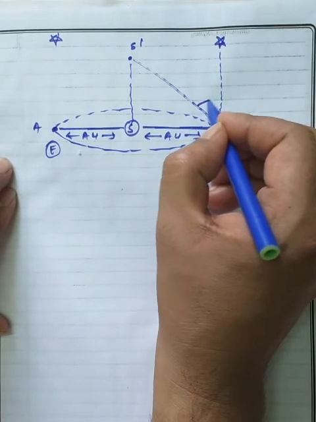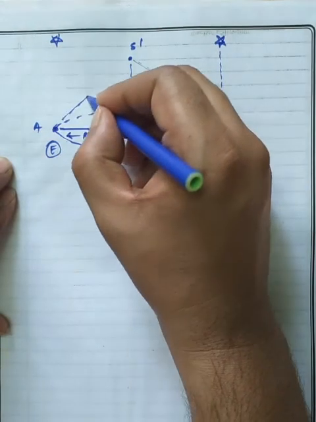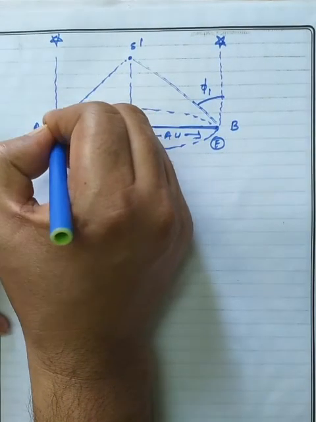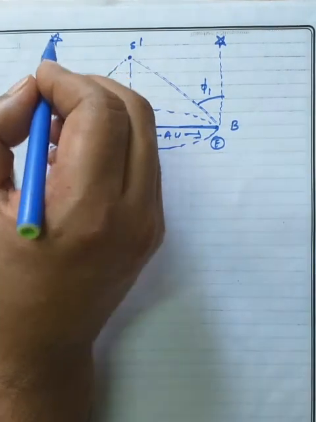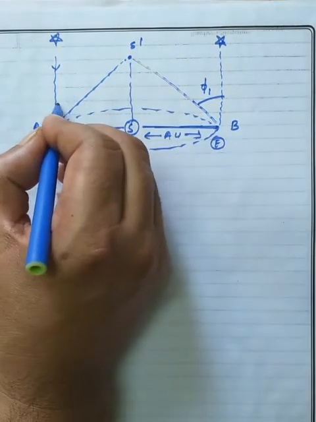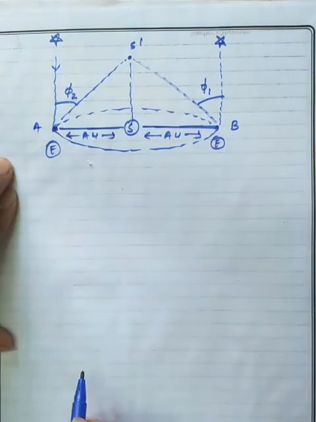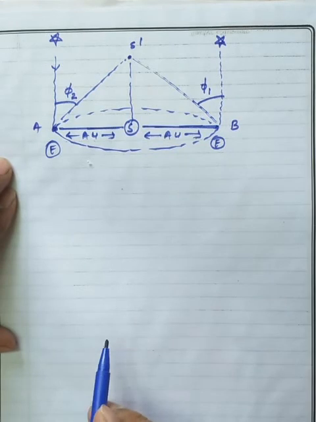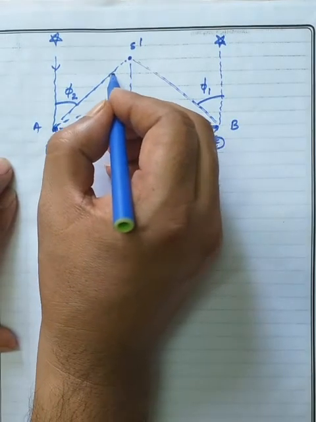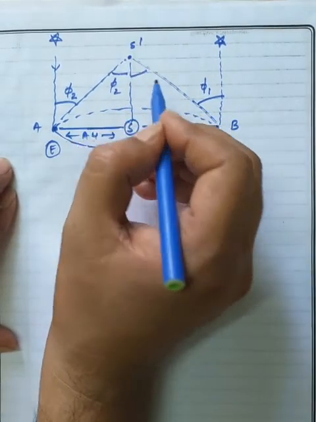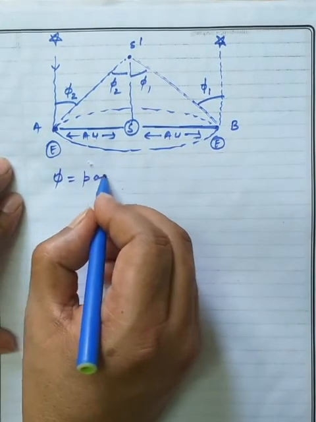With the help of the astronomical telescope we get one angle, called phi 1. Similarly we get the angle developed by the astronomical telescope for the rays of light coming from the reference star and the observation star. This is the angle between the rays of light coming from far distances at point A, measured with the astronomical telescope. Using simple mathematics, this angle is called phi 2, and the other is phi 1. So the total phi is called the parallax angle.